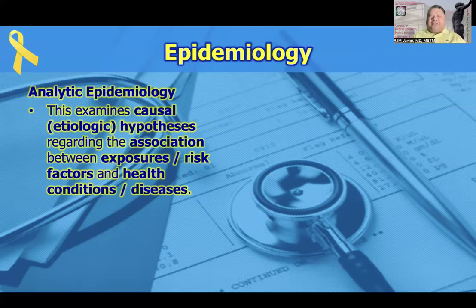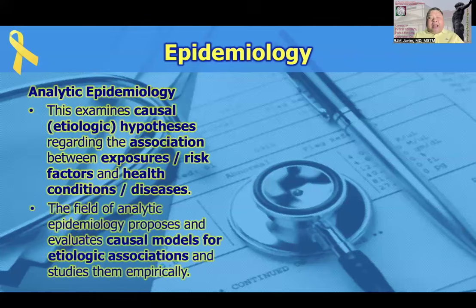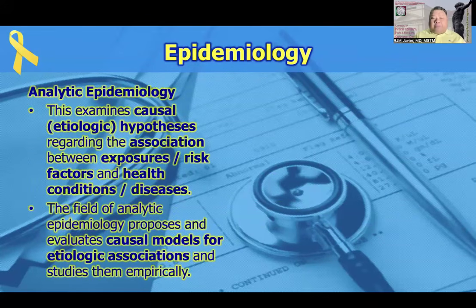outcomes or health conditions. So again, let me reiterate, when I talk about causation, when we talk of association in analytic epidemiology, we often point to cause-effect relationships. Now, the field of analytic epidemiology proposes and evaluates causal models for etiologic associations and studies them empirically. In the next few weeks, you will be learning about the Bradford Hill criteria for disease causation or for causal inference. There are many criteria